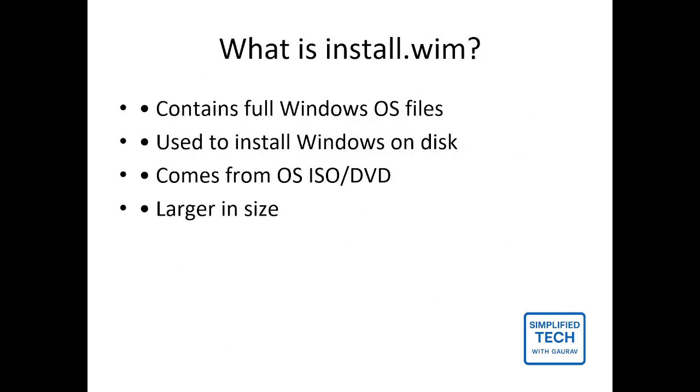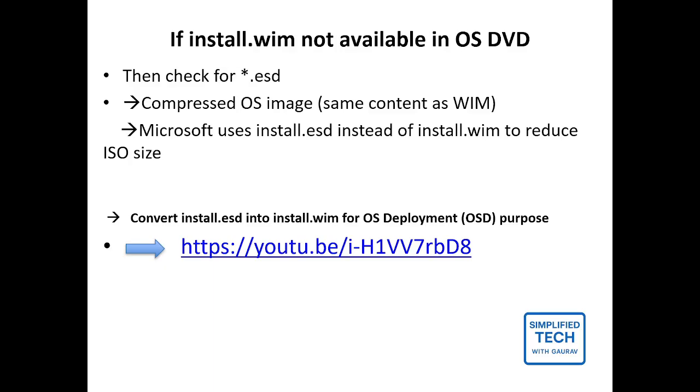What is install.wim? It contains the full Windows OS files used to install Windows on disk. It comes from the OS DVD or ISO image, and it's large in size because it contains the Windows files. Okay, if install.wim is not available, you can't find it in the ISO or DVD, then what to do? You have to check